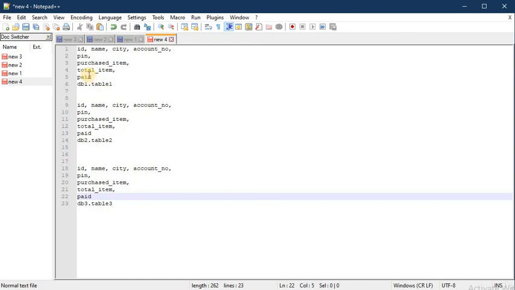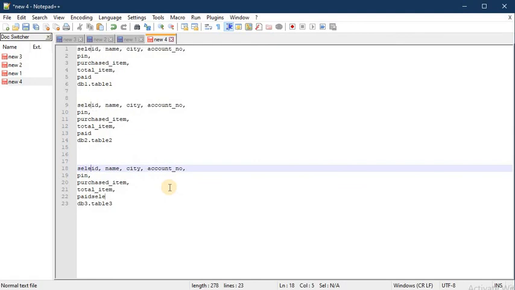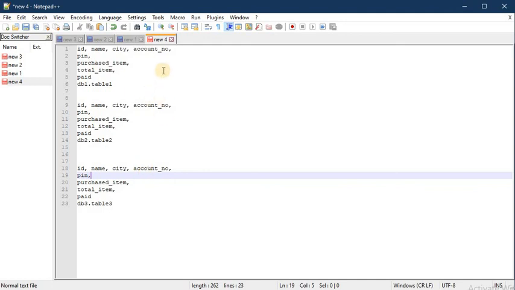Now we can select the positions where we want to insert the data. To do that, press Ctrl. First I am doing this for select. We have to insert select here, here and here. Sorry, actually Ctrl was here, so you have to put the cursor here and now press Ctrl.